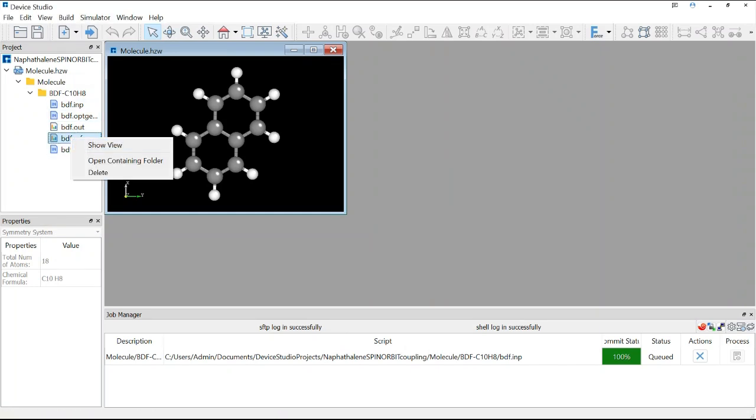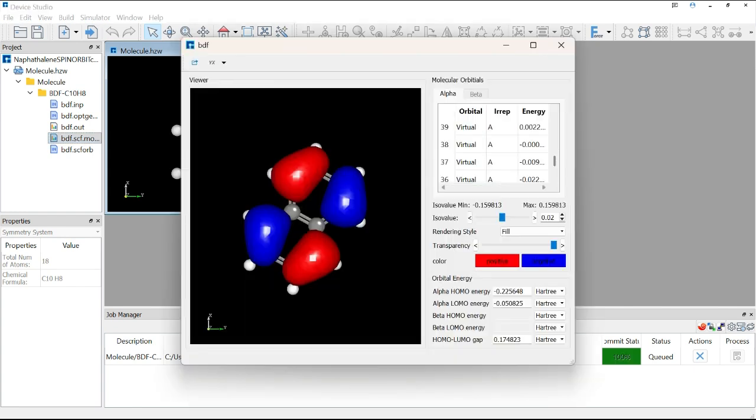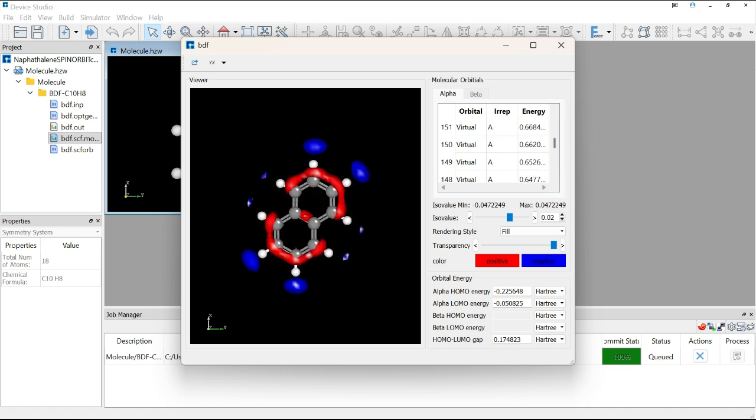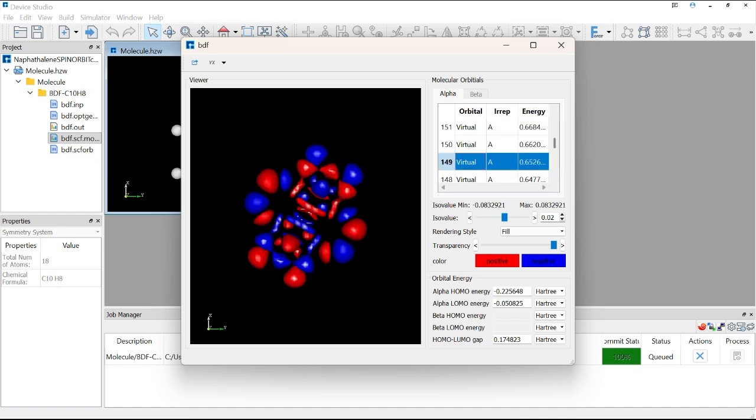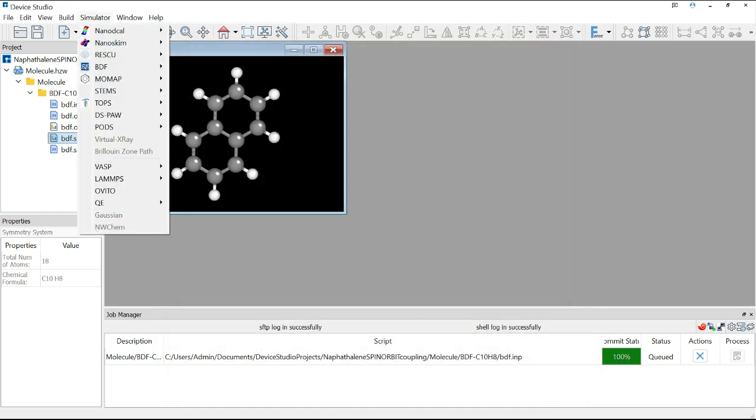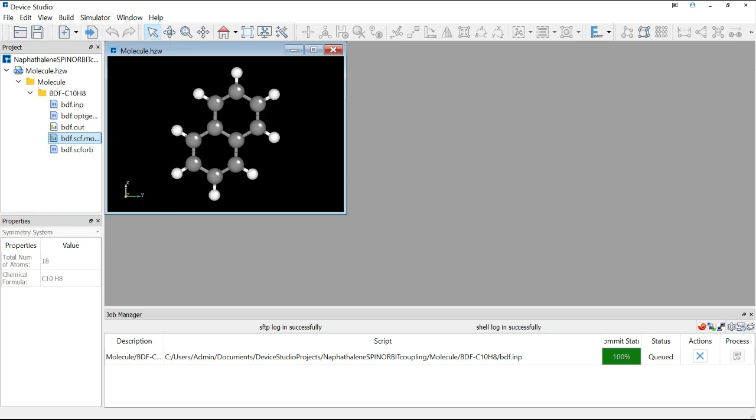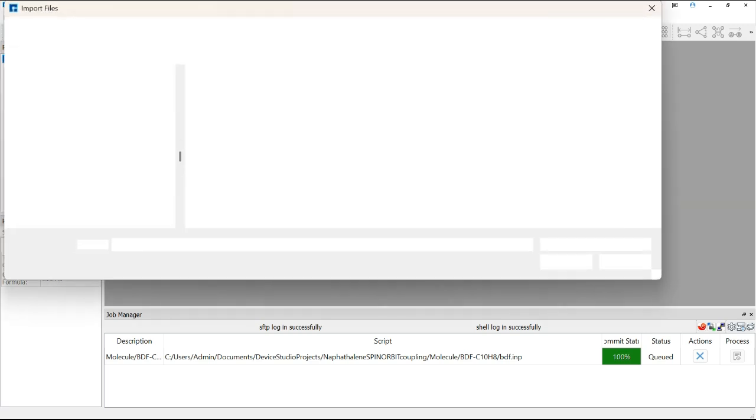And when you go with this BDF XCF files, here you can check the molecular orbital representation, and if you want to export your project, the y-axis and x-axis, you can check. When you move toward the BDF UV visible spectroscopy,